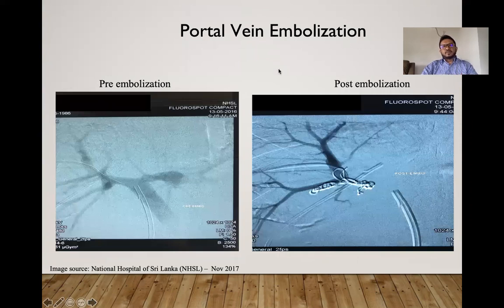Another liver intervention would be the portal vein embolization. This is a case where you need to embolize one branch of the portal vein in order to hypertrophy the other prior to surgery, especially if you are going for an extended right hepatectomy or extended left hepatectomy, when you need